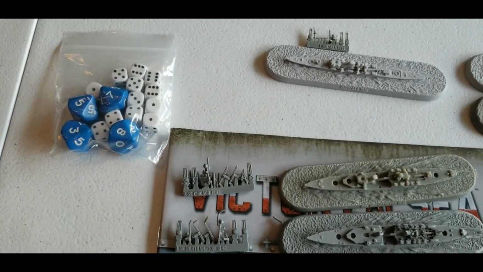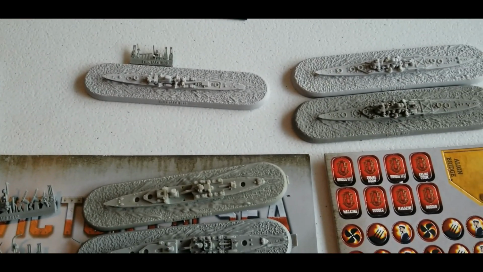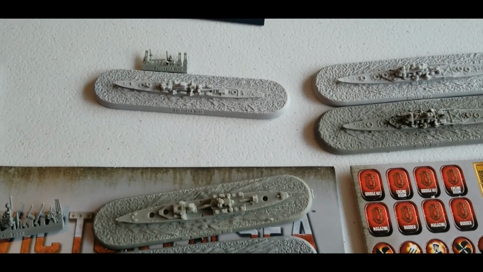So what do we get? We get some dice on the Japanese side. We have our ships here, and basically